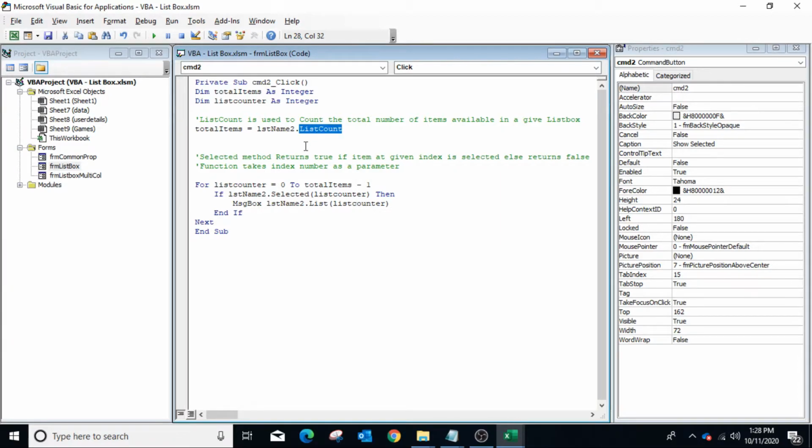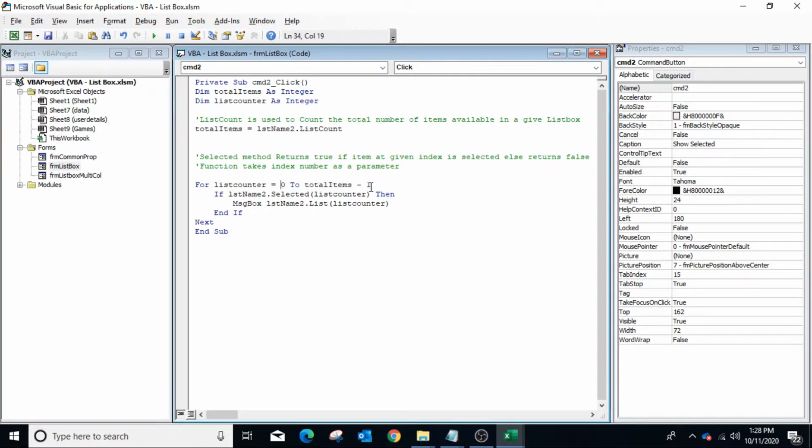The ListCount property of a list box gives the count of items available in the list box. Remember, the index number of items in a list box starts from 0. Hence, we have created a loop from 0 to total items minus 1.